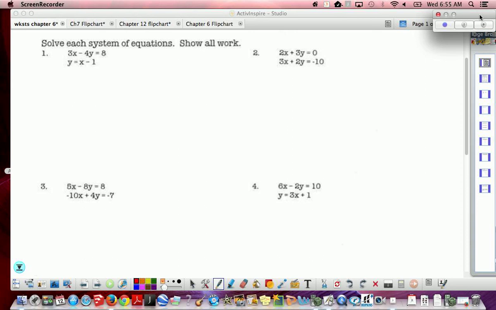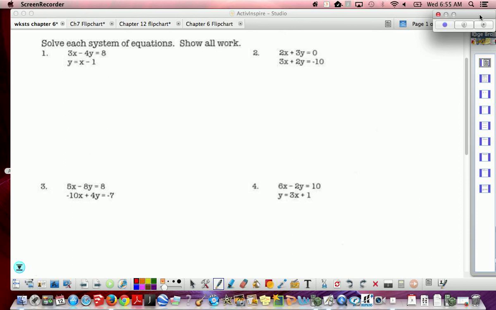Good morning, everybody. Let's take a look at your Systems of Equations worksheet. So when I look at these problems again, when we talked about what happened today in class, we are either doing the substitution method or we're doing the elimination method. You can choose which method you're most comfortable with, but I'll tell you right now, certain methods go better with